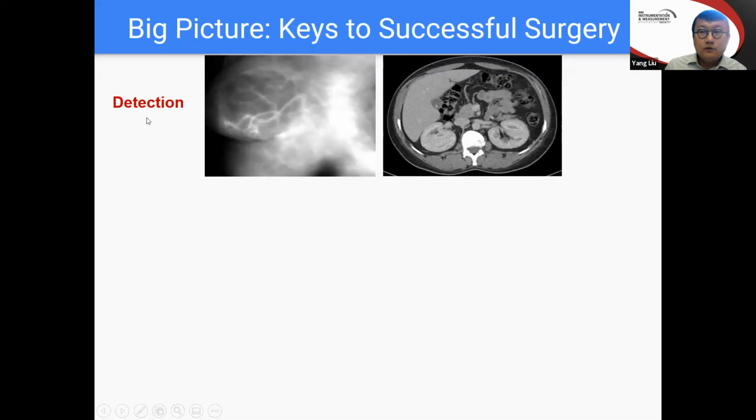For today's talk, we're going to focus on how we apply those technologies to solve surgical problems. For those of you who are not familiar with surgery, I assume a lot of the audience are electrical and computer engineers, so it's helpful to understand what's actually happening in surgery. There are three keys to a successful surgery. The first is detection. Essentially, you want to understand where the disease is, where the lesion is, and what the diagnosis is. For that, optical imaging is a wonderful platform that can offer many capabilities.